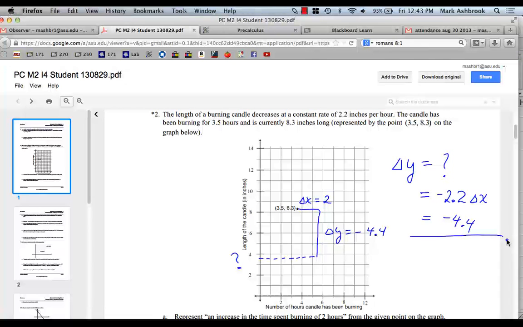Represent an increase in time spent, 2 hours. That was the question. So how can we use x, y, delta x, and delta y to come up with an expression that will get us what the new length or the height of the candle is? Yes, sir? Y equals negative 2.2 delta plus 8.3. Okay, so what he's saying is, and this is the same thing that this gentleman here said,